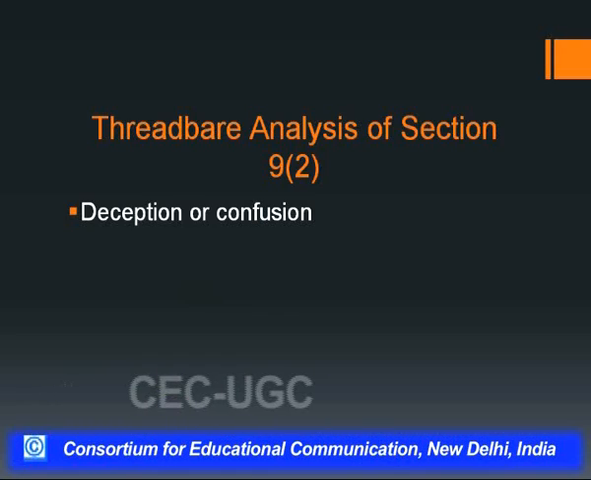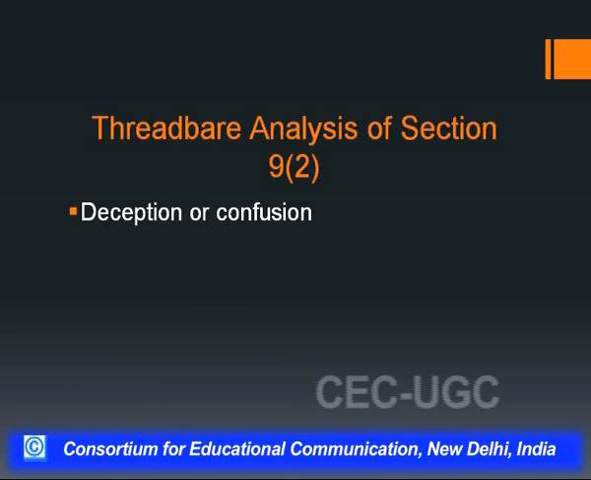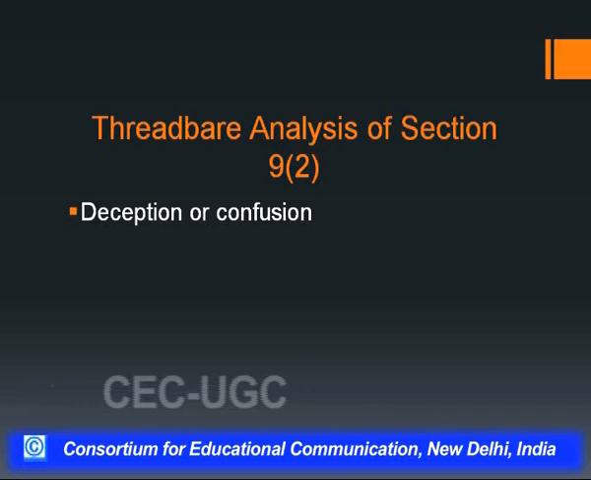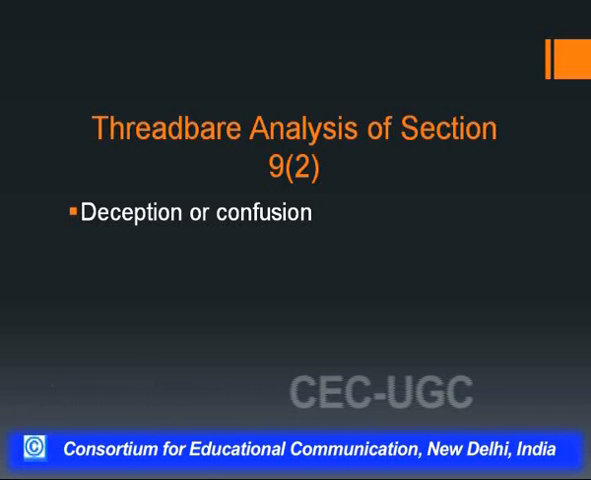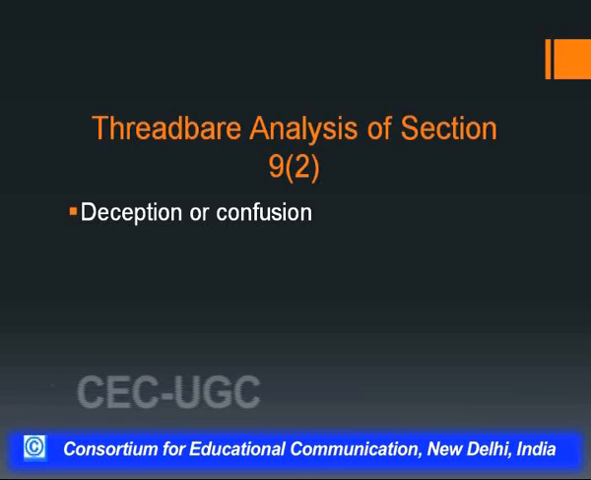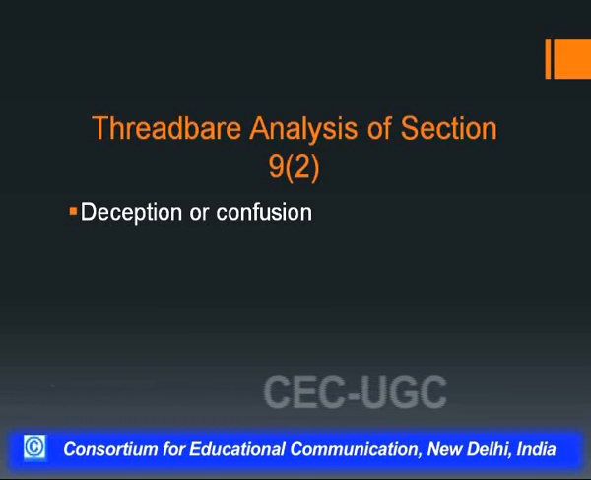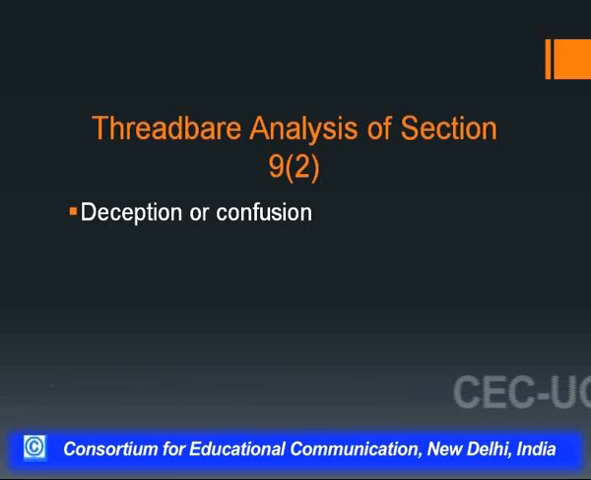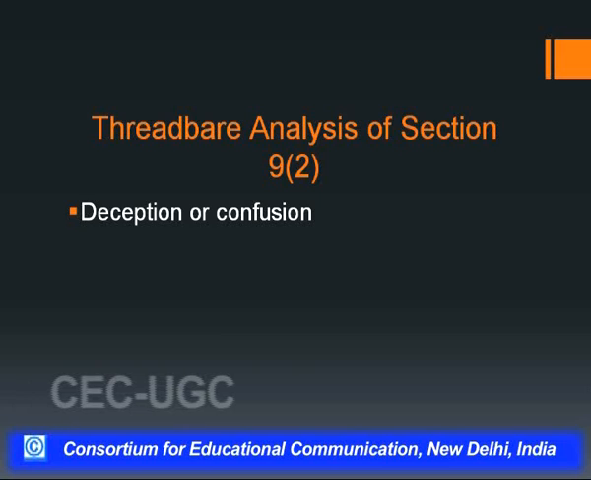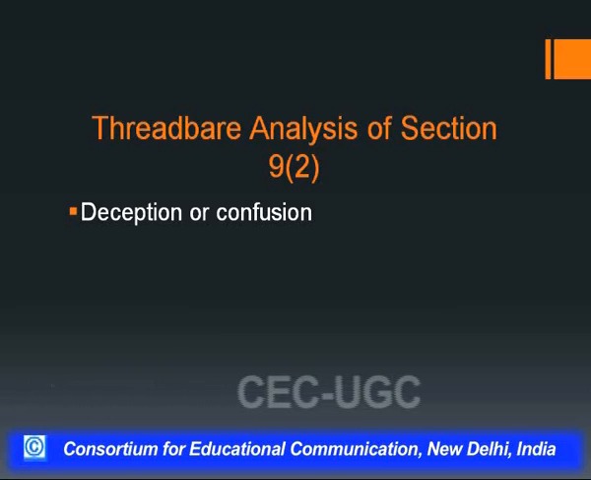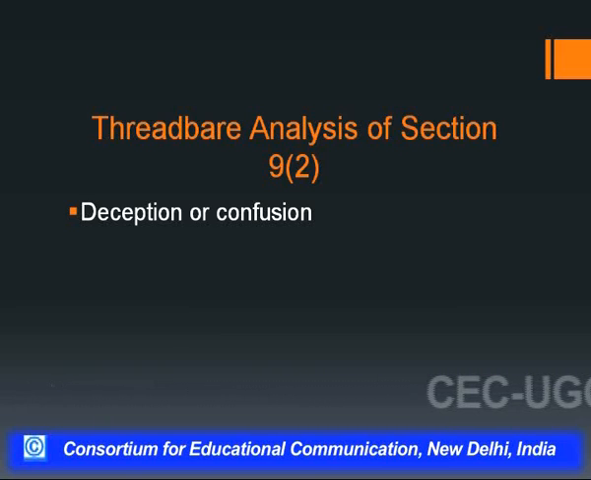We will do the threadbare analysis of 9(2)(a), and we see there are two keywords given under 9(2)(a). These two keywords, which to my understanding are the heart and soul of this 9(2)(a), are deception or confusion. What is the meaning of deception? What is the meaning of confusion? That has nowhere been provided under the Trademarks Act 1999. So we will go by the literal meaning, and when we don't get any clear idea from the literal meaning itself, then we can rely upon the judicial interpretations wherein these two words, deception or confusion, are